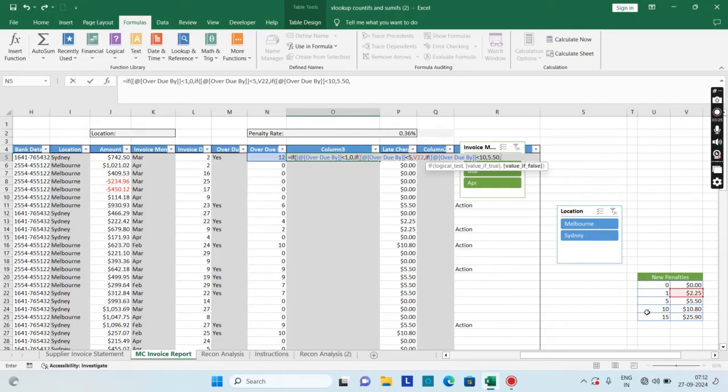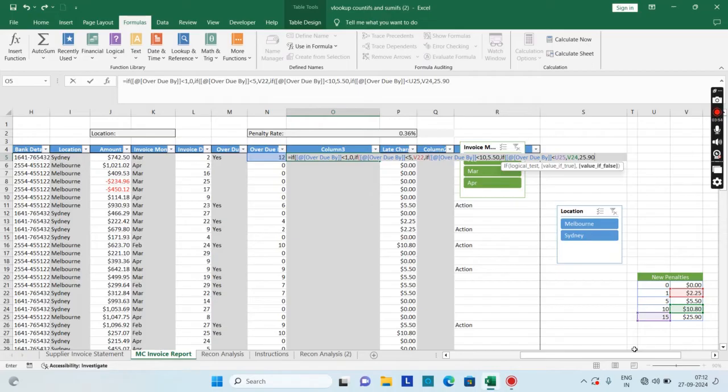Still if it is false, then again another if for the false condition, and this time if overdue by is less than 15, then I want penalty of 10.80, and finally, if anything above 15, I want